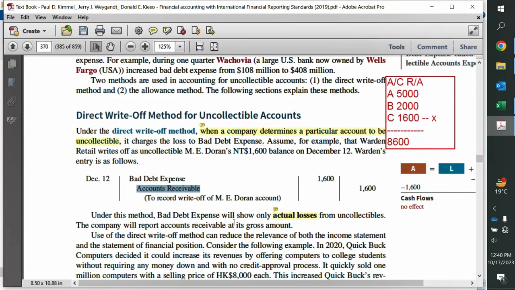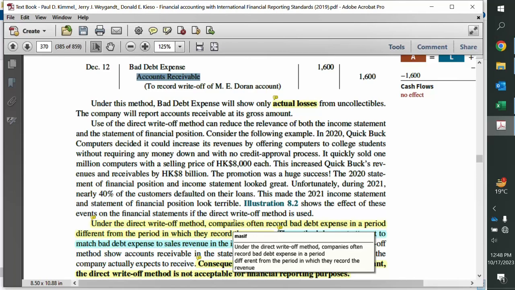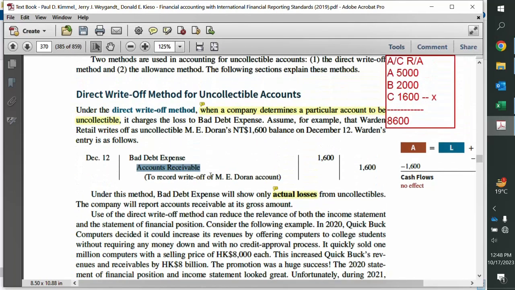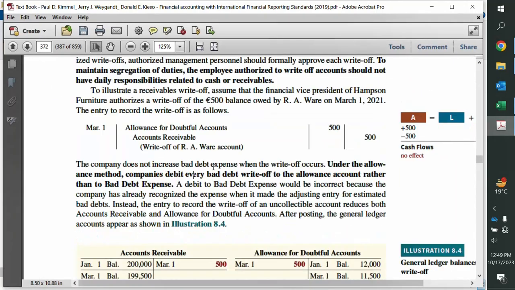This is also probably not included in your syllabus, but for those of you who are interested to know this: in the year 2023 there were probably also some bad debts, so we will be recording some debits like this one in 2023 as well. So that credit will be adjusted against those debits, right? And it is equally possible that the net balance is credit. In that case, the net credit balance will go to the income statement with the title recovery of receivables. So you will see in some income statements recovery of receivables, although they do not use the direct write-off method.